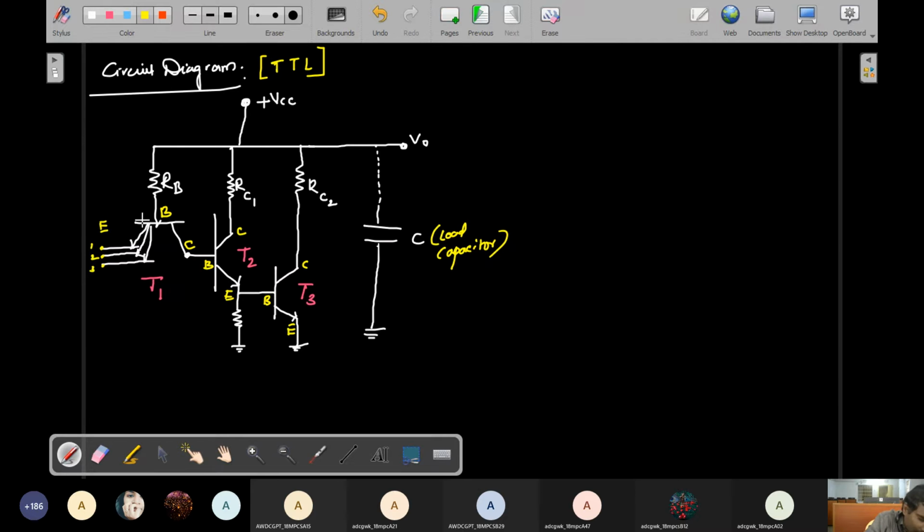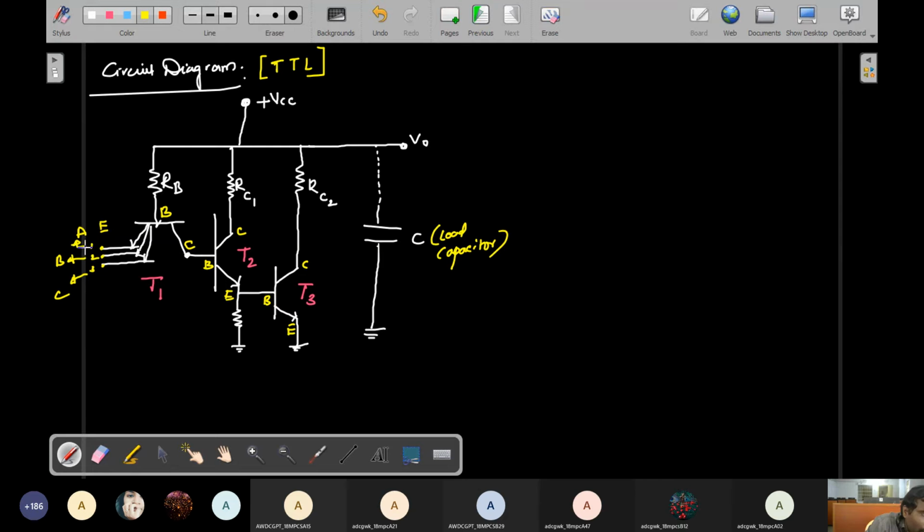I consider A, B, C because the first terminal is the A terminal, this terminal is the B terminal and this is the C terminal. So A, B, C terminals. One important note point to understand this transistor logic, it's very easy. Every time I give you 0, 0, 0, what will happen? Not like that.